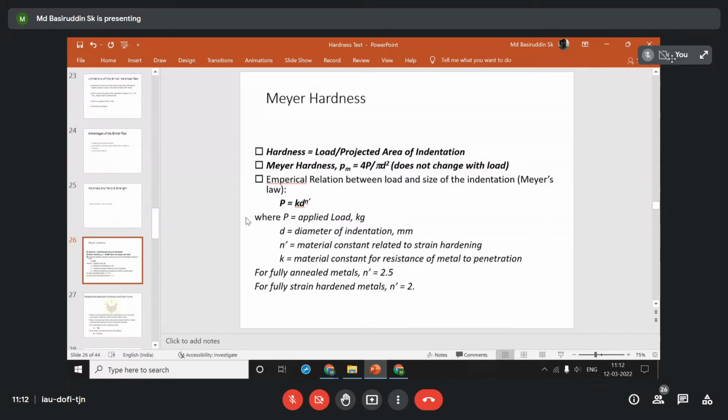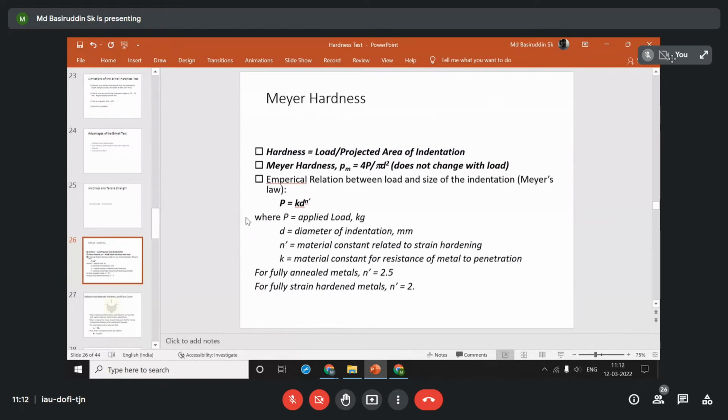Then if you go for the indentation following the Brinell test, maybe your indenter will deform a little bit. Sometimes a little plastic deformation happens, but in most cases elastic deformation happens. When plastic deformation happens, we can directly discard the testing process. But when elastic deformation happens, we cannot avoid that error. So in that case, the depth of impression should be relatively less. But if we take the projected area, then we can accurately measure the hardness